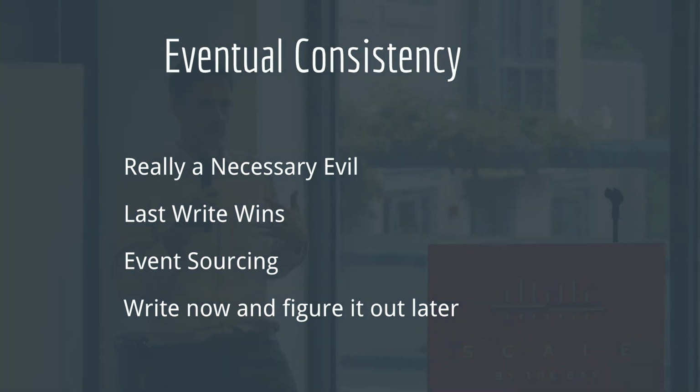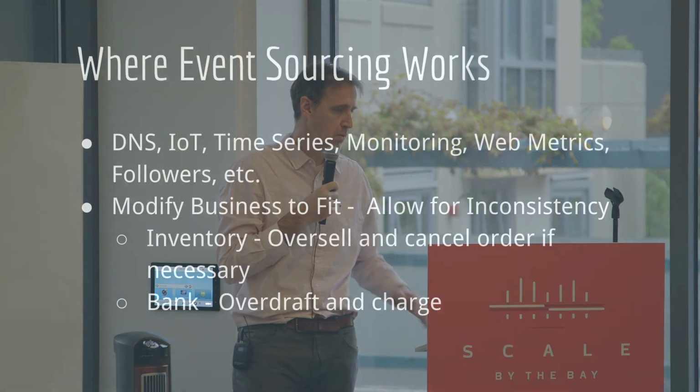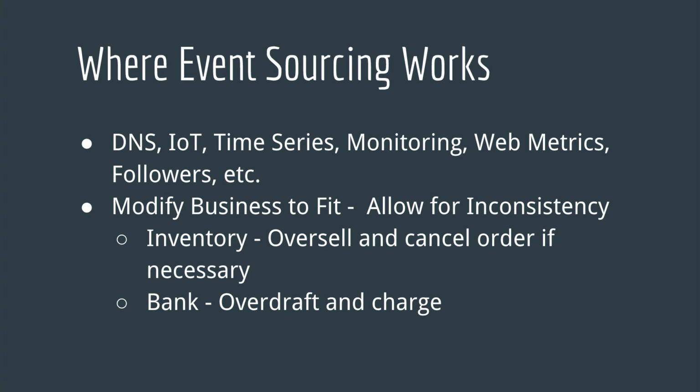These are all different models where basically we write the data now and figure out later how to sort it out. That's what event sourcing is a lot about: I write my series of events and I do roll-ups and snapshots. If I'm doing bank transactions, I figure out the value of my bank account after the fact, after I add all those transactions together. So this is really the eventual consistency model, and it works really well. Event sourcing works really well. It's a very predominant model in the industry today, and it's used across the internet very successfully.